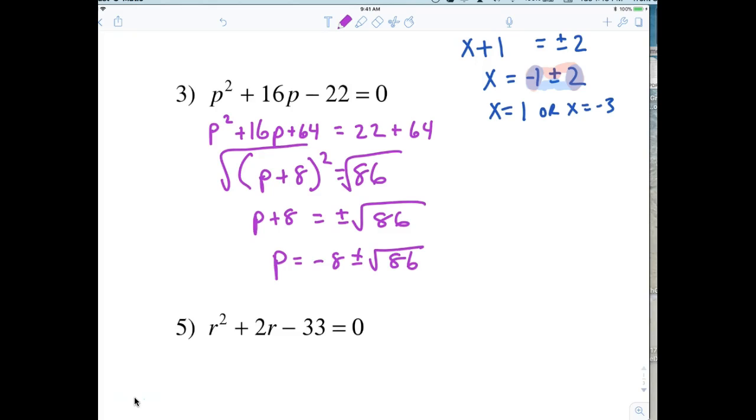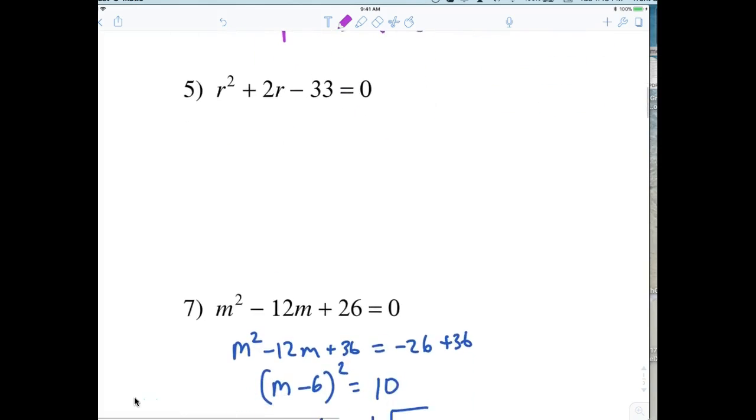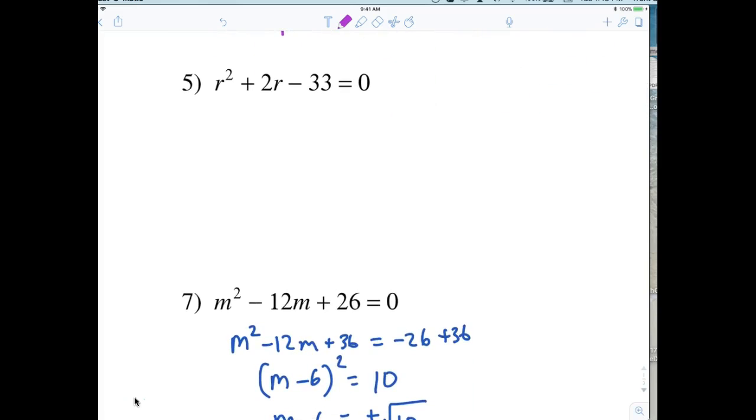All right, number 5. Here we go, guys. So let's take a look at number 5 now. All right, let's see if you got this. So first thing I would say is r squared plus 2r equals 33. Now what? Half and square, plus 1. So that breaks down to